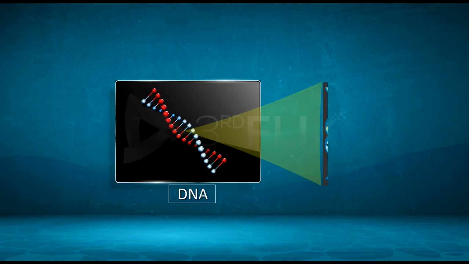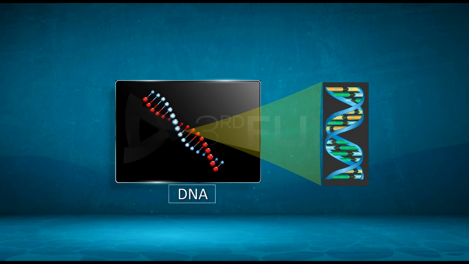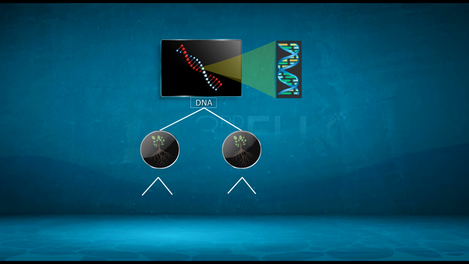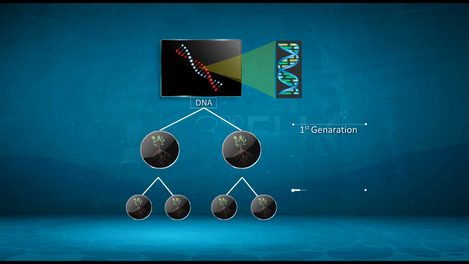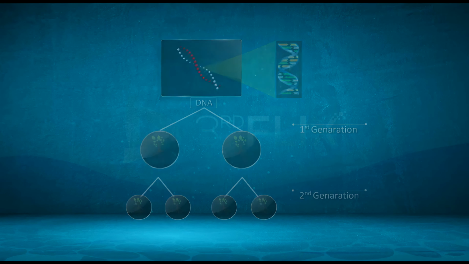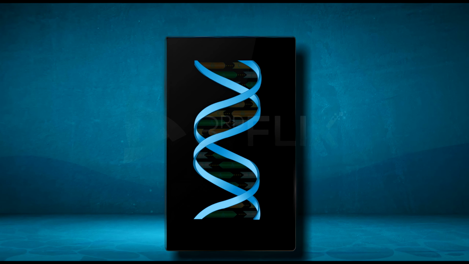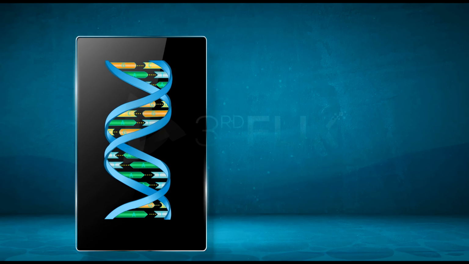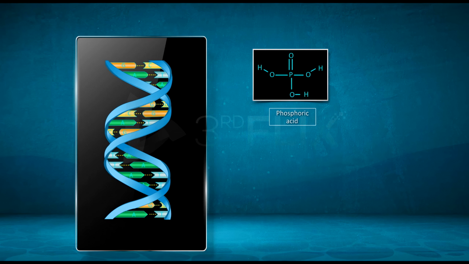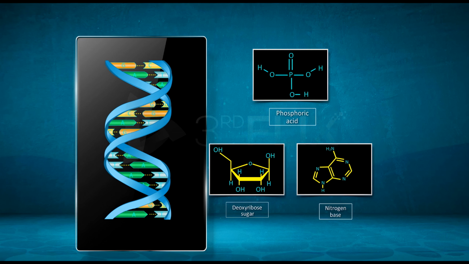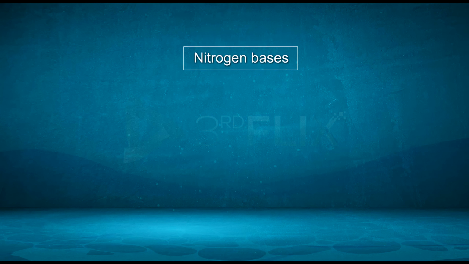DNA, the deoxyribonucleic acid, carries genetic information from cell to cell and from generation to generation. DNA is a double-stranded helical structure made up of phosphoric acid, deoxyribose sugar, and nitrogen bases. The nitrogen bases present are